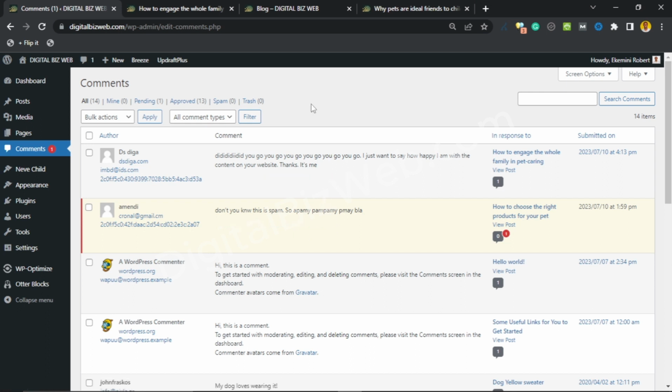Now Google has told us that as the owner of the website, you are directly responsible for all the content on that website, including user-generated content, and comments are obviously user-generated. This is content created by your users on your website and not by you. So Google is saying that you are directly responsible for the content on your website. Just in case you have a website for children and someone comes in there and drops adult content in the comment section, if that shows up there, you will be held responsible for what is going